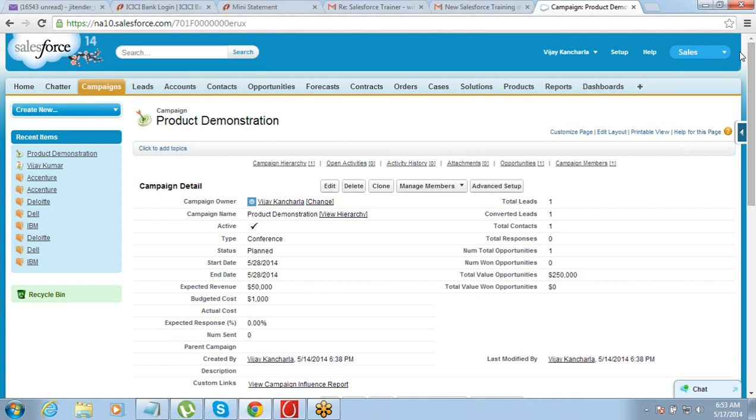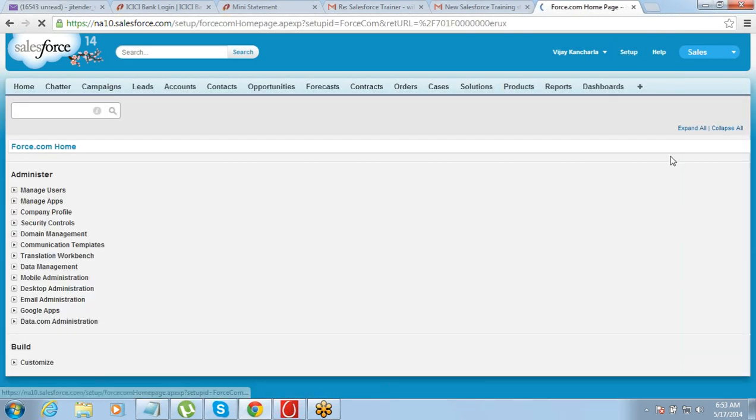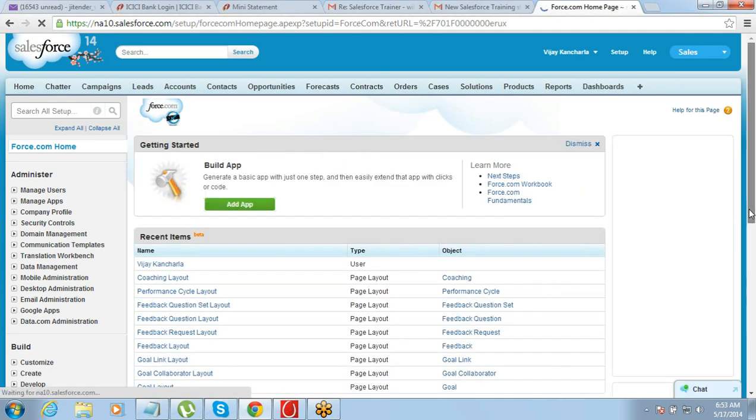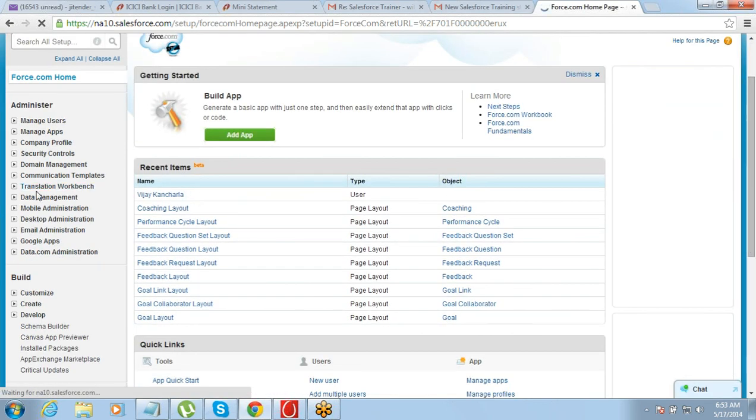Okay. So mass transfer is simply transferring some data from one owner to the other owner. How do we do that? Go to setup. Data management.